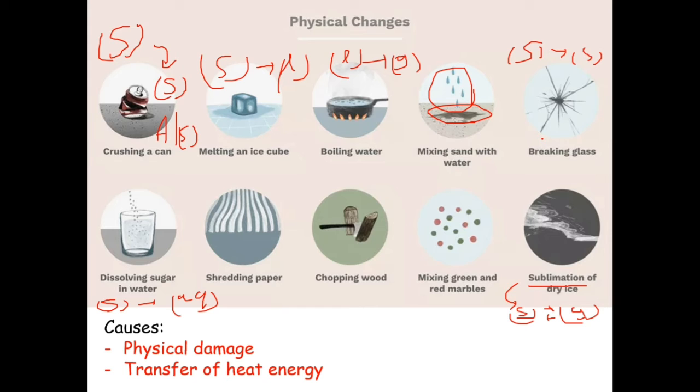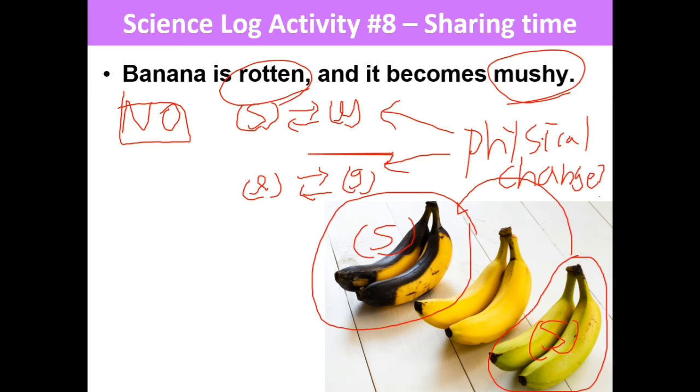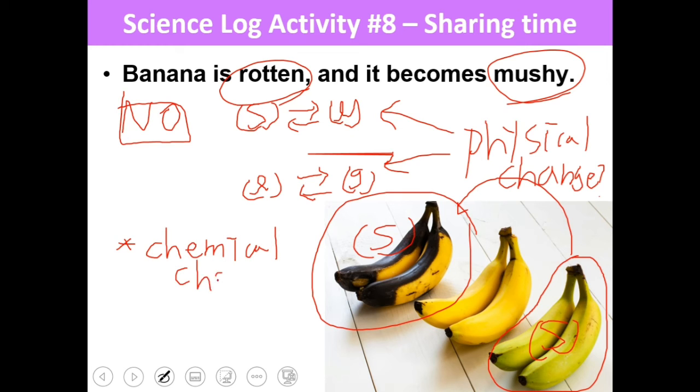That's it. Talking about that, I forgot to put one thing in the previous one. Can you guys all go back to this banana situation? I forgot to put one thing. Banana rotting is more about chemical change. And I only emphasized physical change turning into solid, liquid, gas. Come to think of it, I forgot to mention that. Sorry. When it comes to banana, solid to solid, if you, for example, cut this banana in half, it's a